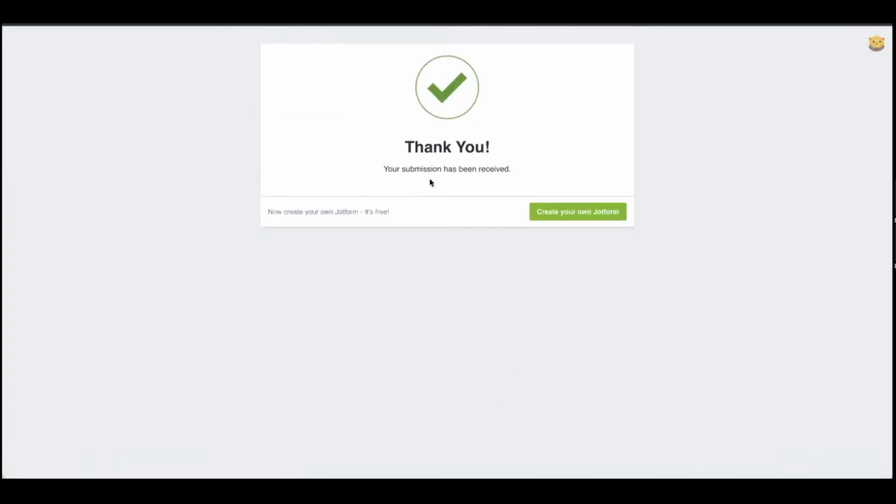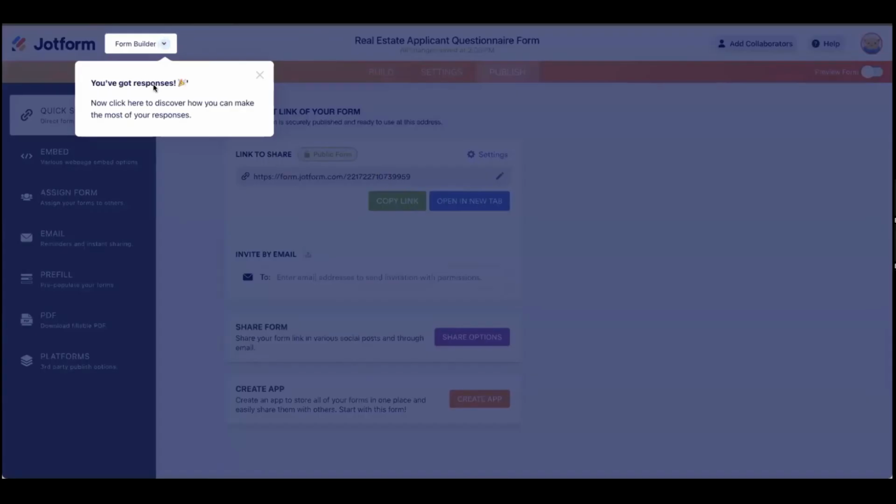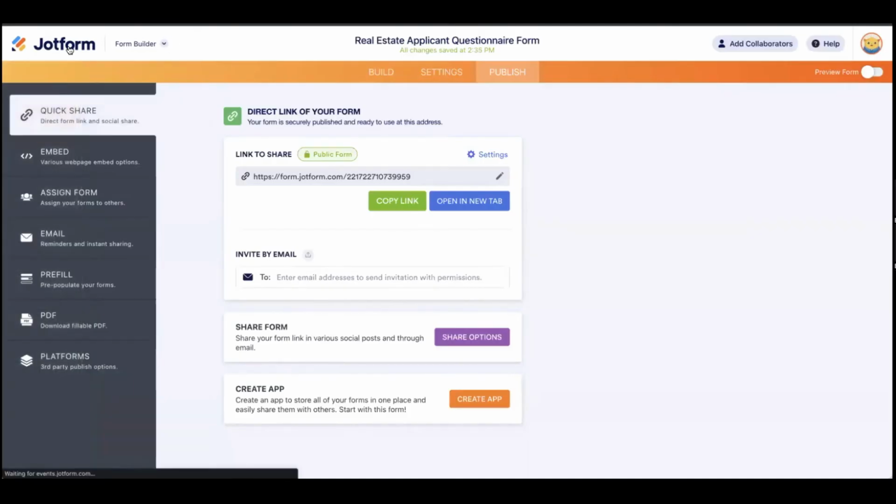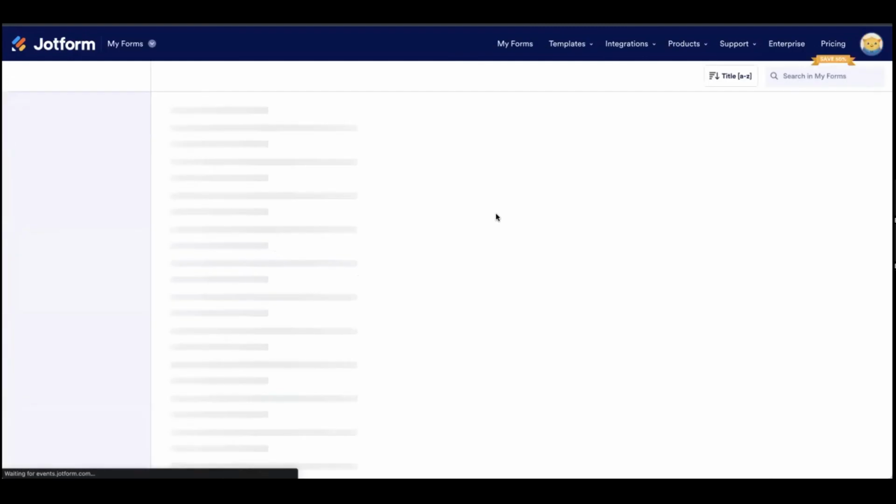Let's submit it. So I, as the form submitter, the new lead, receive this, and I also receive a confirmation in my email. Also, the form owner receives, look, it says you got new responses. Nice. And as you go here to your main page,